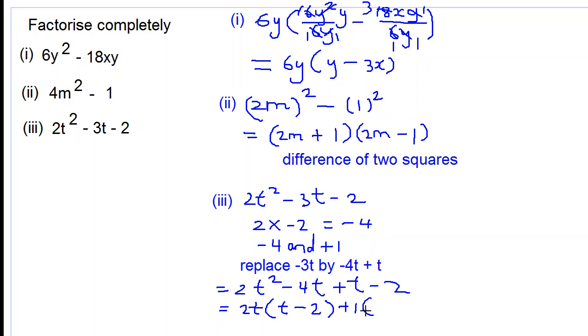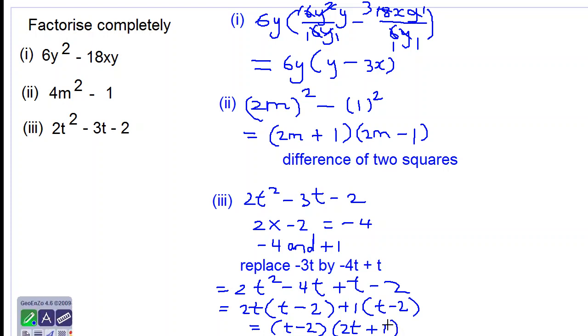We want to get the same bracket, t subtract 2 on the inside. So as you can see, we have the same brackets, so we can go one more step and take out t minus 2 as our common factor, and we would have 2t plus 1 on the inside of the other bracket. If we multiply these terms, or if we expand these brackets, we'll get t times 2t is 2t squared,